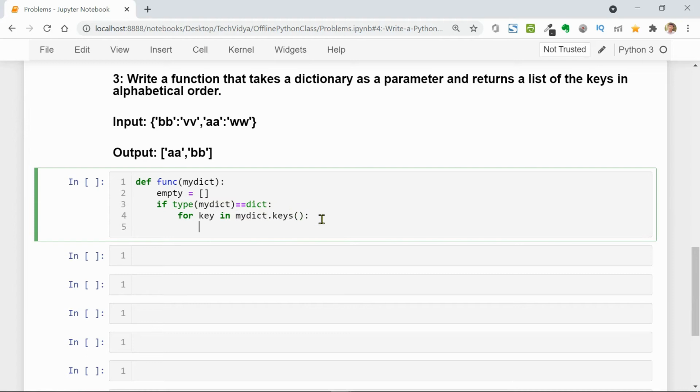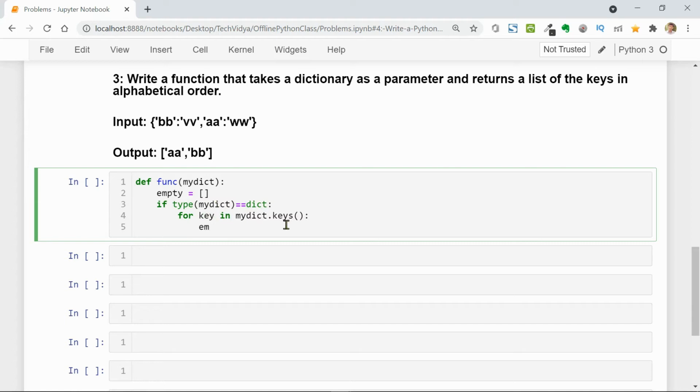Okay, so now I have got the key values in the key variable. Don't get confused here. What is key? I can write anything here, like i. I will get the key name in the variable i, but in place of i I am writing key in order to understand what I am doing here.